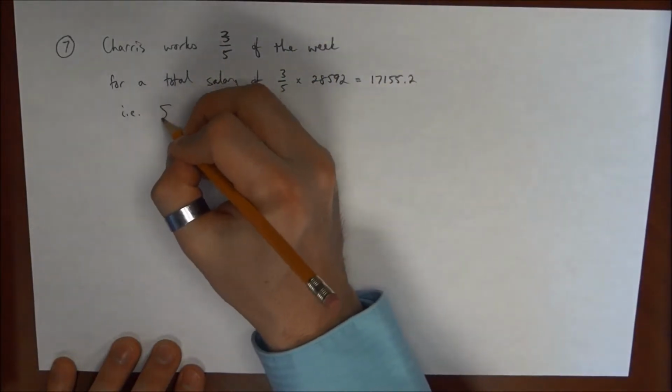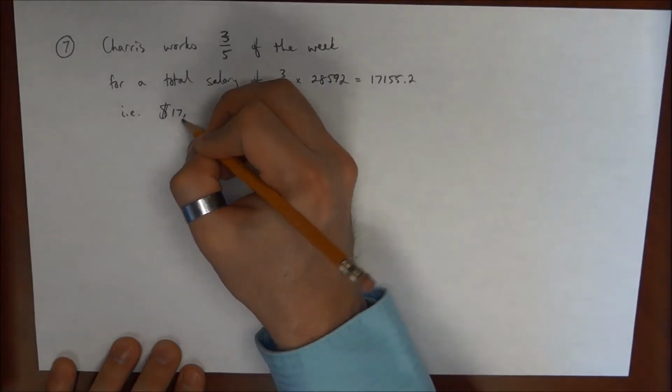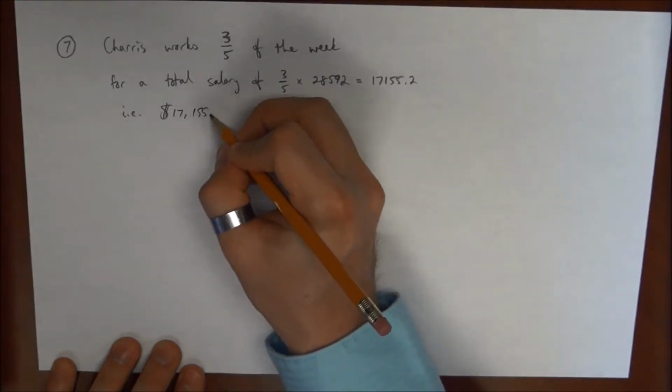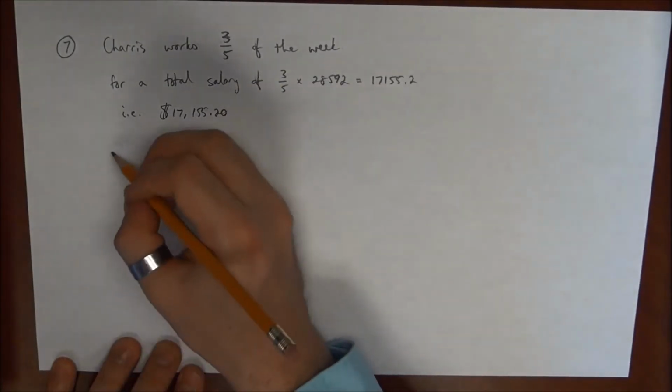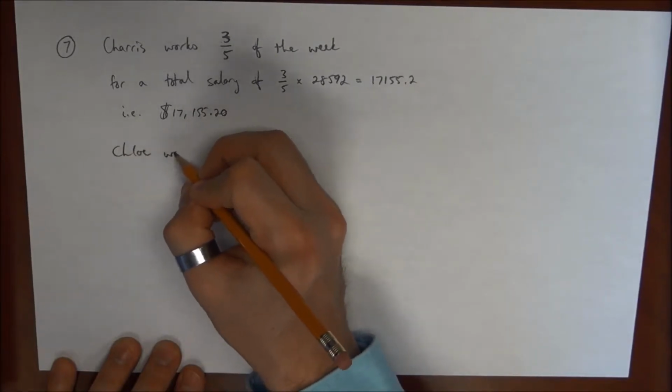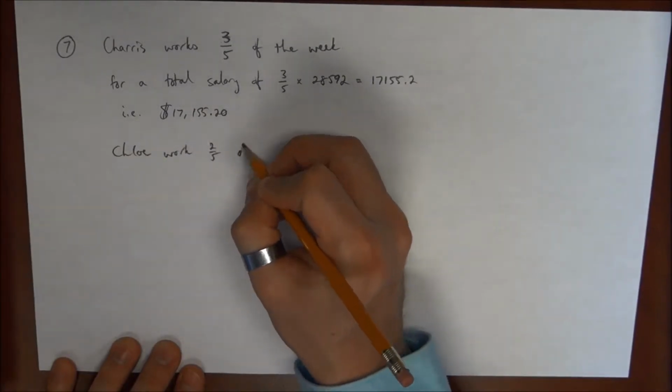In other words, $17,155.20. Chloe works 2/5 of the week,